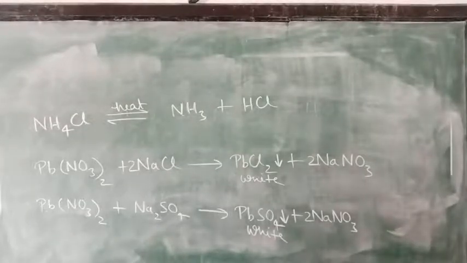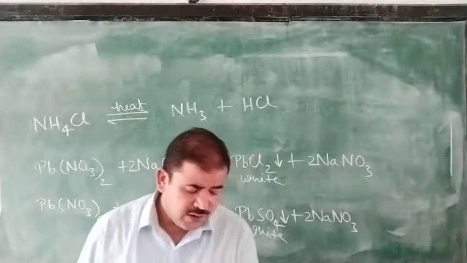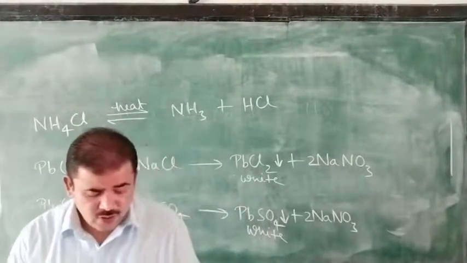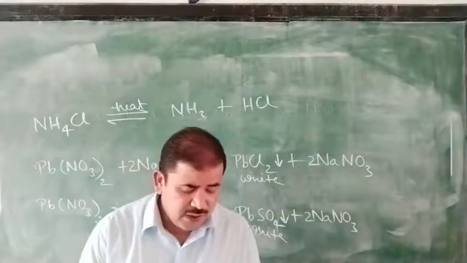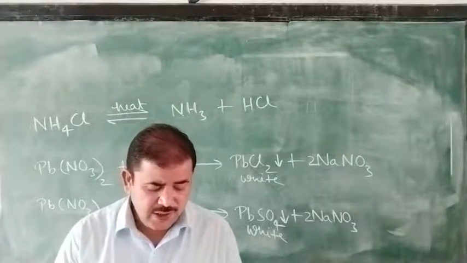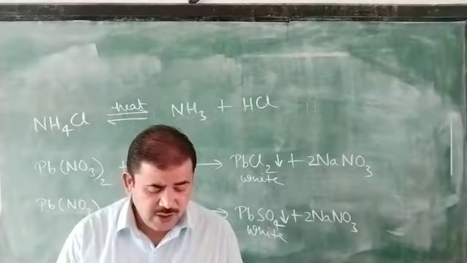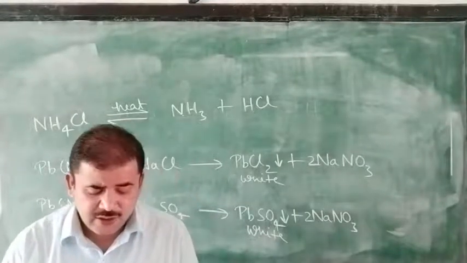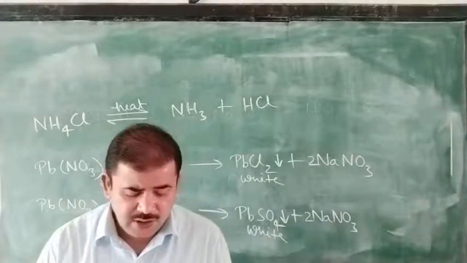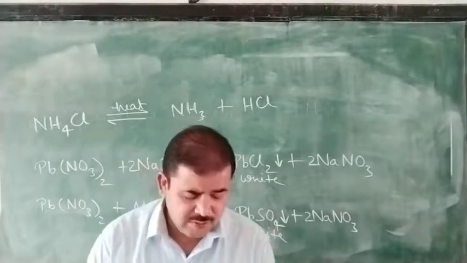And next question. Chemical changes may proceed with evolution or absorption of heat. Give an example of each. So these are given in the text, no problem. Question number 7. Define the following types of chemical changes or reactions with a suitable example of each: direct combination reaction, decomposition reaction, displacement reaction, double decomposition reaction. So you can write up these examples.